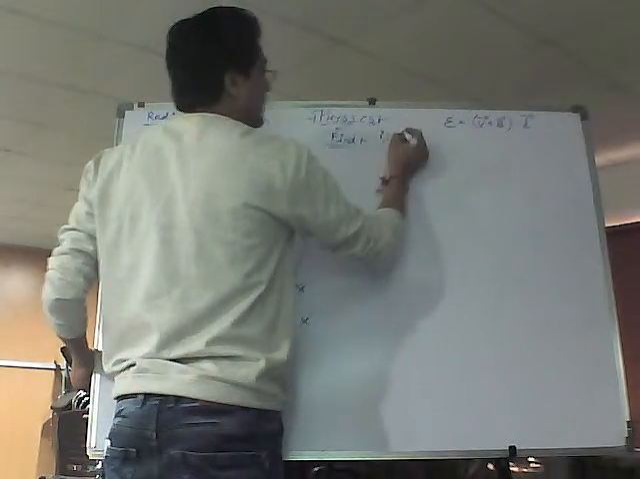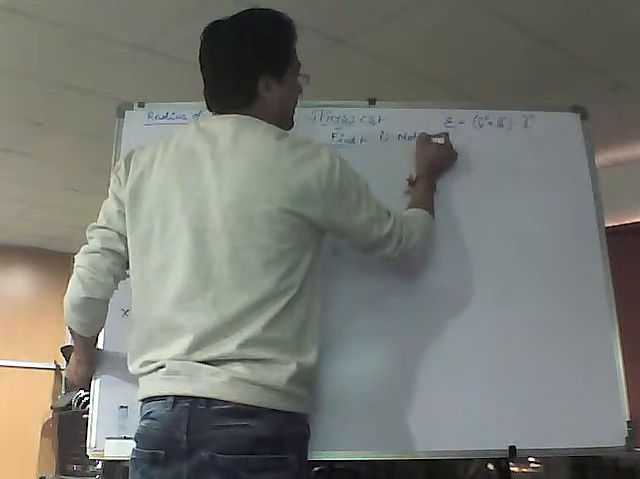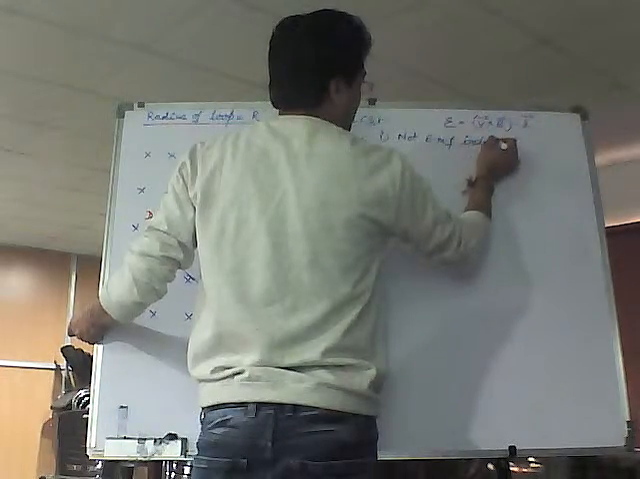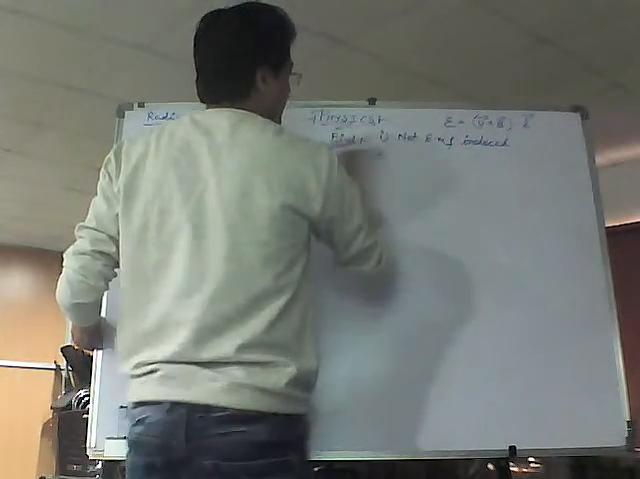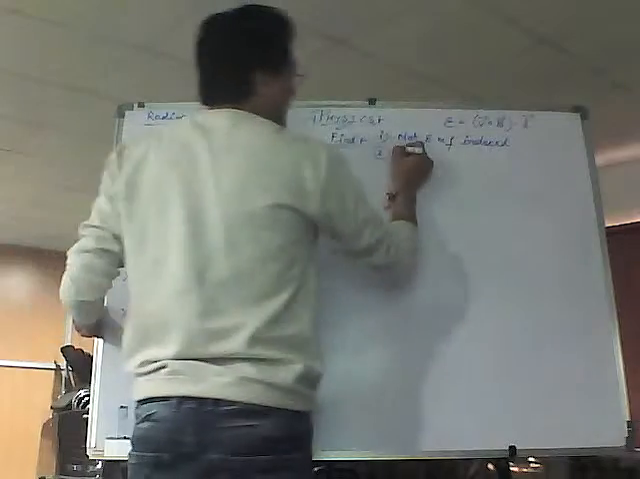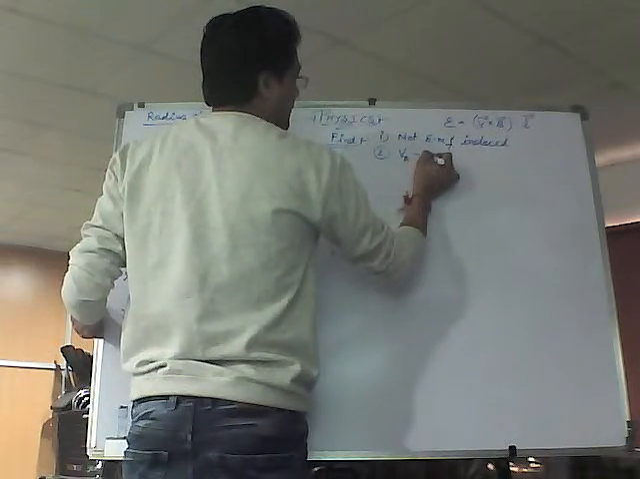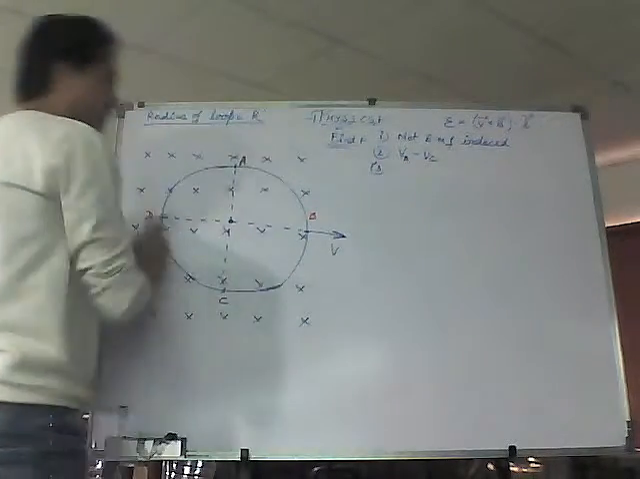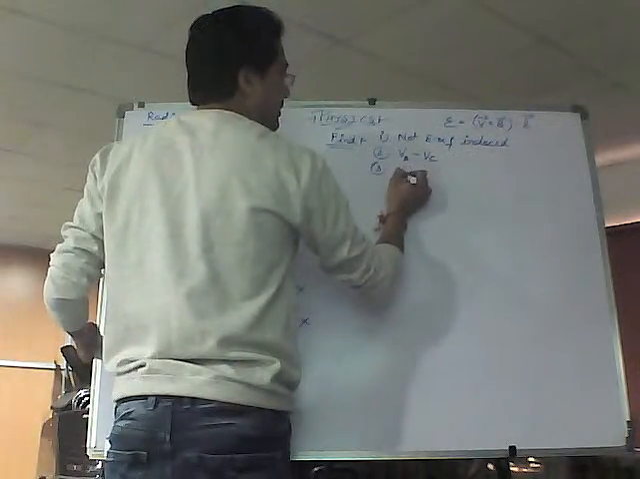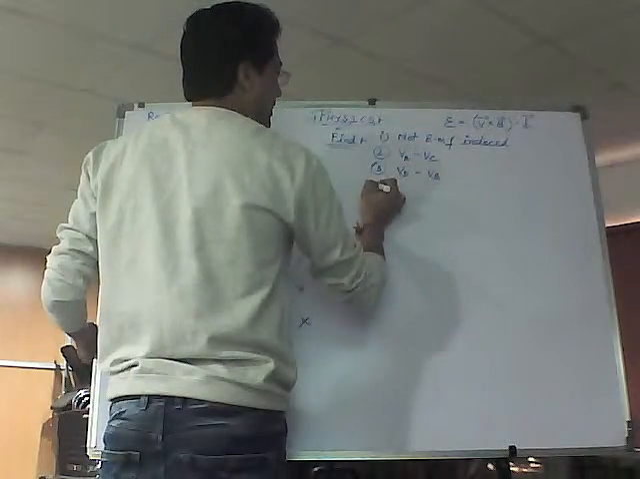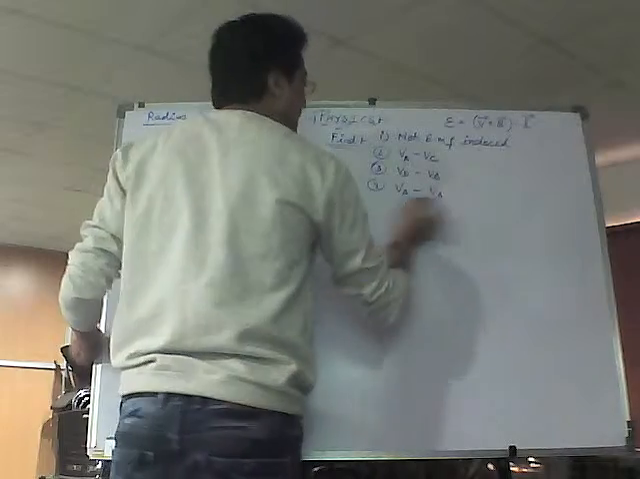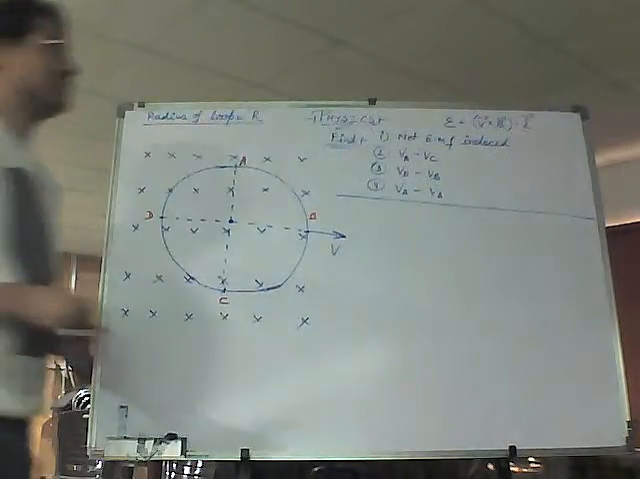Find: number one, net EMF induced. Number two, VA minus VC. Number three, VD minus VB. Number four, VA minus VB. This is the data that we need to find out. ठीक है, ये डेटा हमको निकालना है।